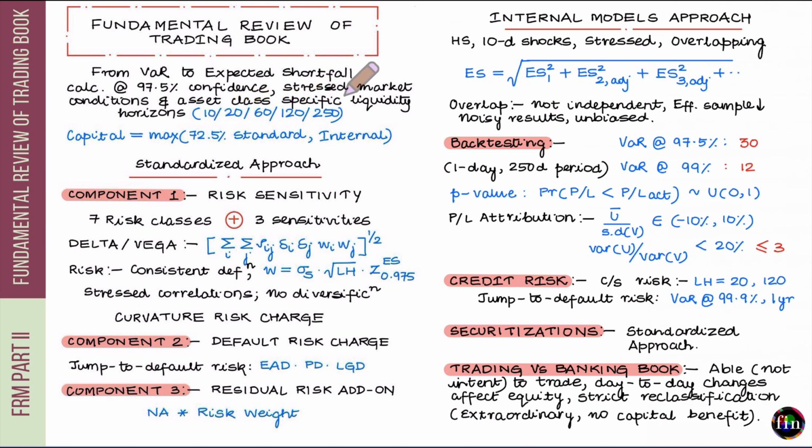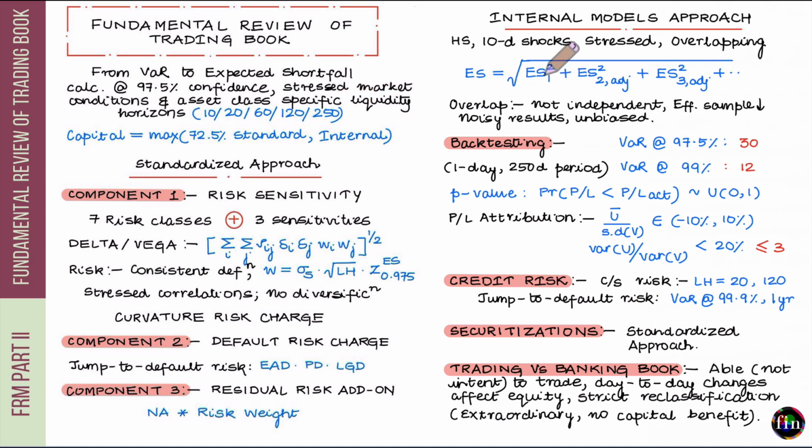All risk factors with liquidity horizon of 20 days go into category 2, and so on. To compute my expected shortfall, I need to compute 5 different expected shortfalls and then aggregate them together using this formula. To compute the first expected shortfall, let me call it ES1,